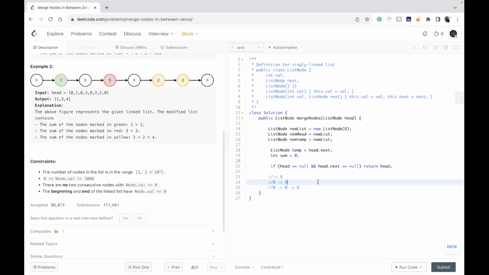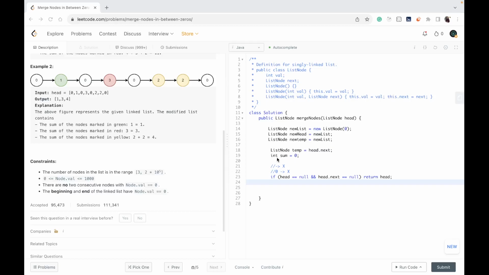In both of these scenarios, we simply return the head of the linked list only. I will mark it over here. All right, let's move forward now.